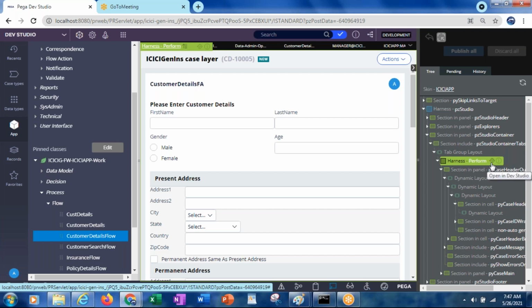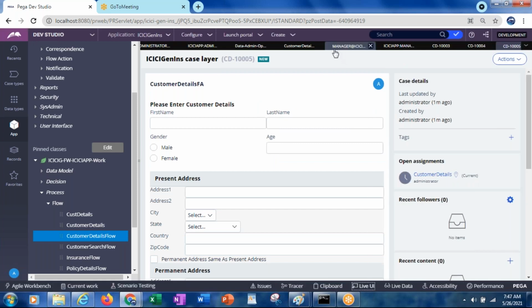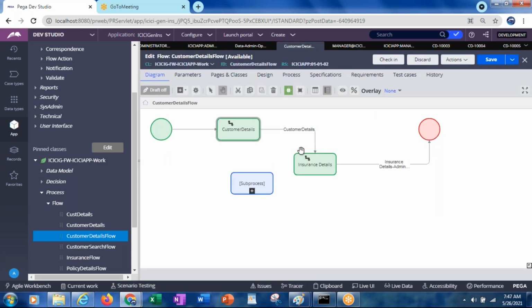And even when you are working on any particular work object and when you are at the particular assignment, presently I have the customer details flow action. So what else is there in this flow? Customer details flow action and later insurance details flow action is there, right?